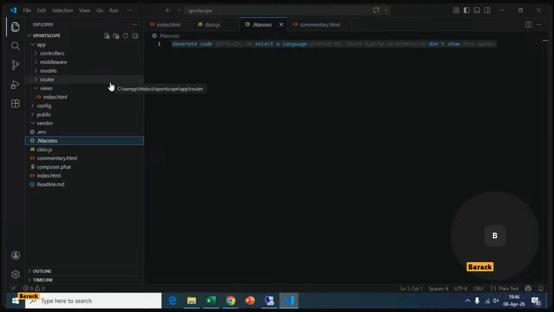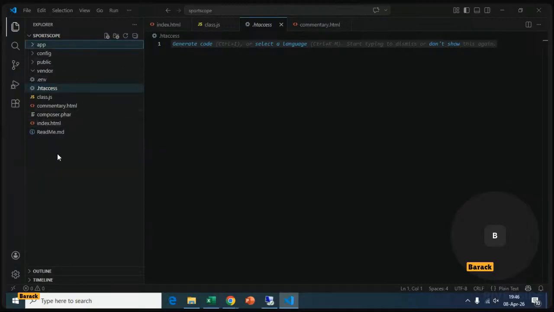All right. As I was saying in one of our first classes, some of the main things that we shall be having in our code would be app, config, public, vendor, .env, .htaccess and a readme. So what we are going to ideally do is that